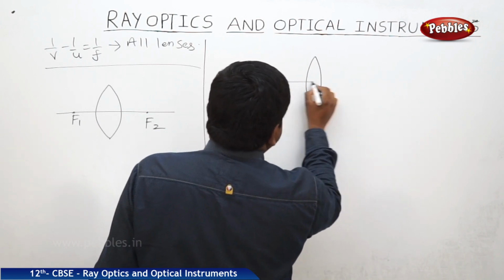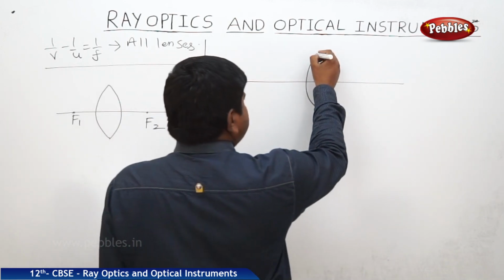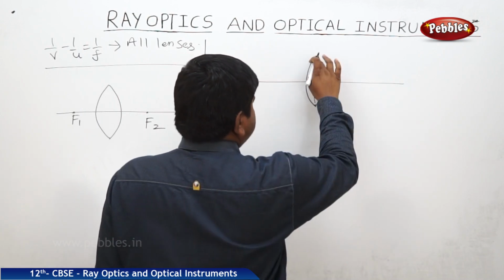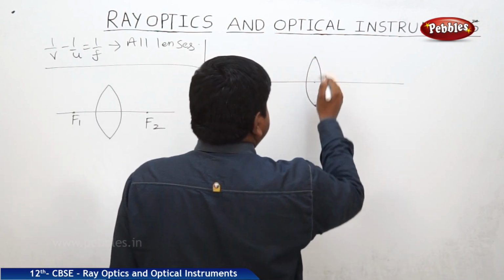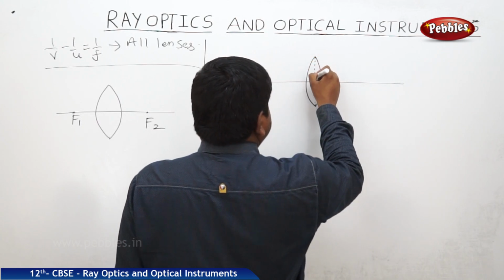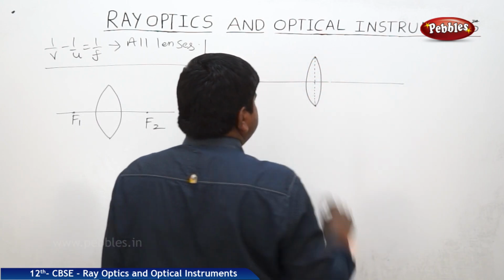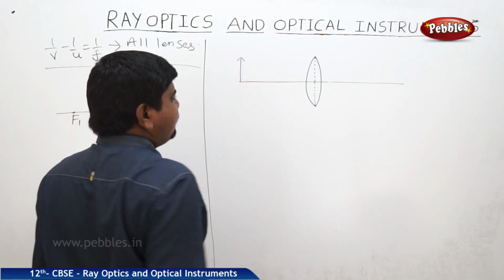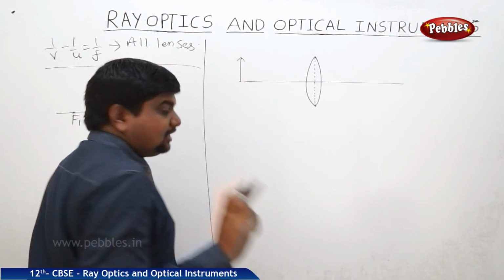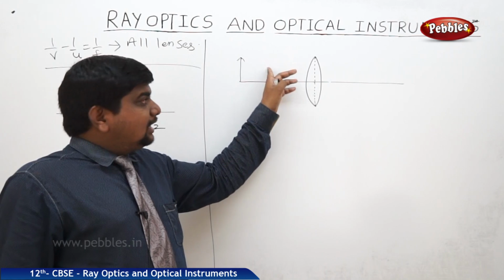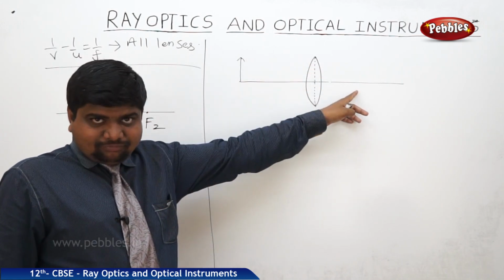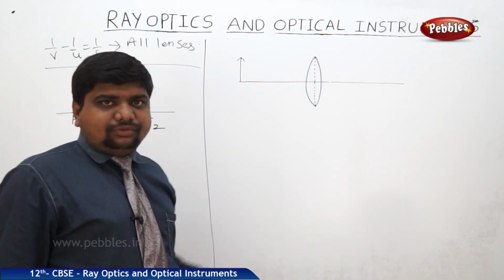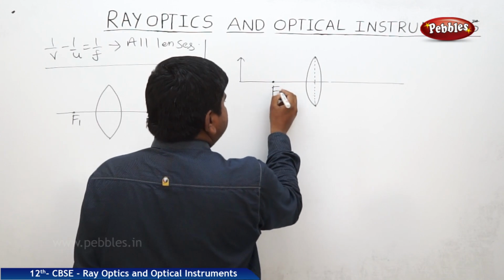draw the optical center. This is the aperture of the lens. So not like this one, it's a straight one. This is the object. Now we place an object here. So the first rule: if the light rays are parallel to the optic axis, after the refraction it passes through f2. So this is the object, this is f1, this is f2.